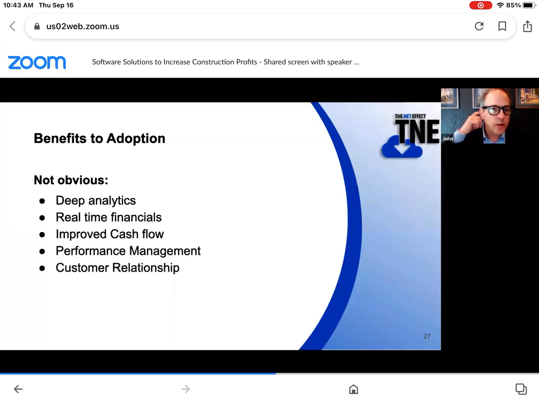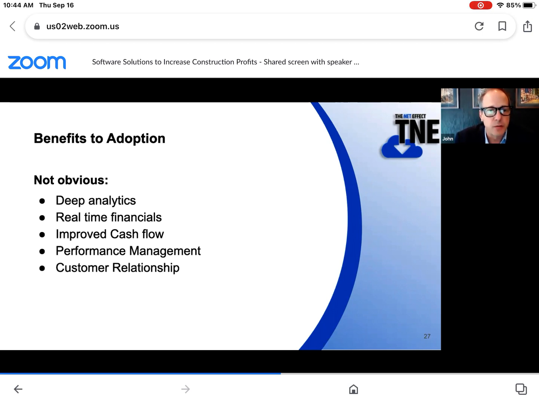Some of the not so obvious benefits that you may see in the reviews of software or sales material are the deep analytics of the efficiency of your company. You're going to look at your labor efficiency or inefficiency, the production rates of equipment or your staff. You're going to see what kind of material waste is accurate. Should you be putting 5% or 10%? When you have constant and accurate tracking of your labor and equipment and materials, and accurate and immediate accounts receivable and accounts payable, like in real time, day to day,